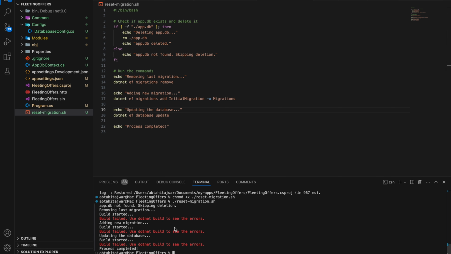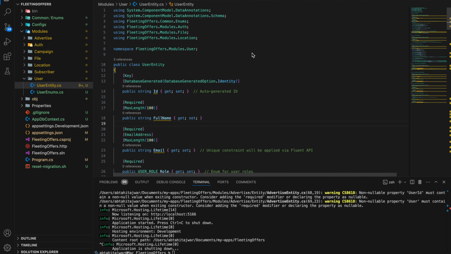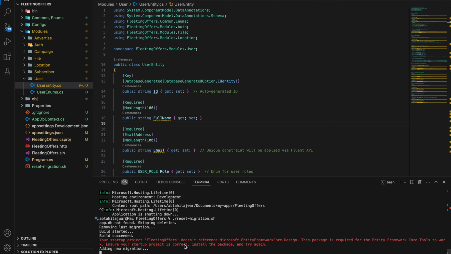Build errors. So build failed. Well, I don't know why this thing failed. That was some problems with the namespaces. I just messed with my namespaces, so I think that should work right now. So reset migrations, and